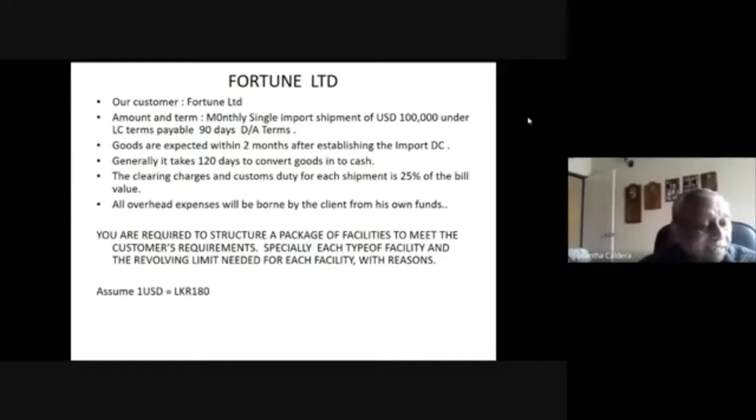Right? And then I ask you to keep another 2 inches to your right and then mark LC issuing bank. When the LC issuing bank opens the LC, for them to receive the documents and the goods, it will take 2 months from the time they issue the LC. So therefore, I have asked you to mark the time period, the time gap